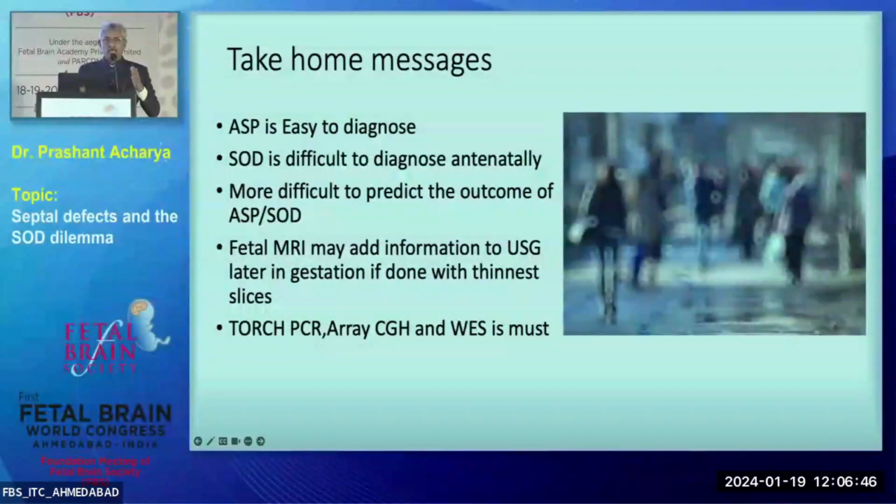So when you see absent septum pellucidum, please go ahead, look for the optic chiasm, and measure it. If it is small, you may have some kind of problems. Do the invasive testing. Invasive testing is a must. And at the end, if you have found some malformation, counseling becomes easier. If everything is normal and isolated, then with a word of caution, counsel them that usually these cases can have a better prognosis. Never ever use the words good prognosis.